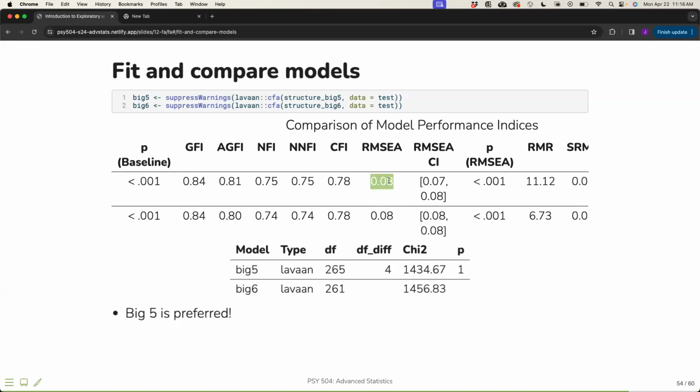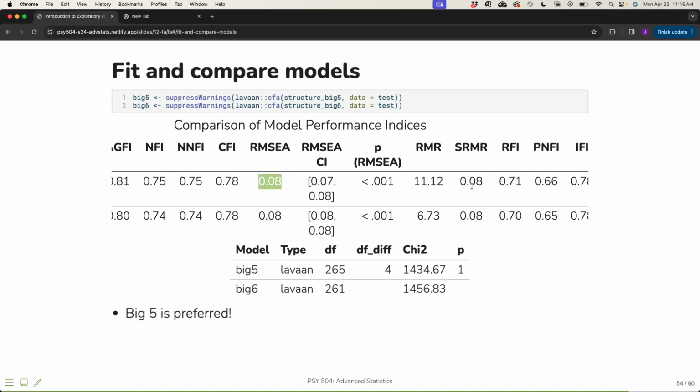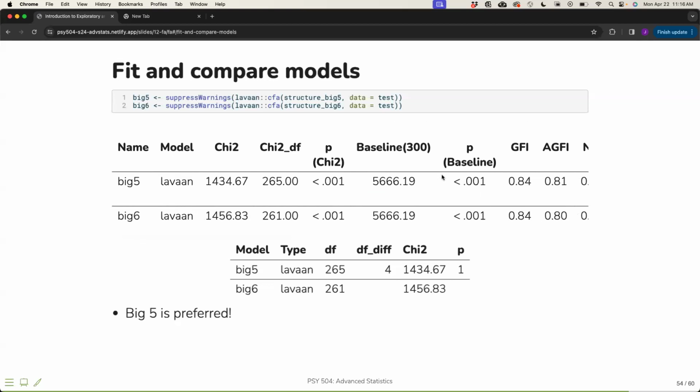We have the RMSEA, so I'll spare you the trouble. This should be less than or equal to 0.08. So it's right on the cusp, so I guess it's okay. And then the SRMR should also be less than or equal to 0.08, and it's right on the cusp of this. Overall, I would say that these two models are not the best, but we're going to go ahead and compare